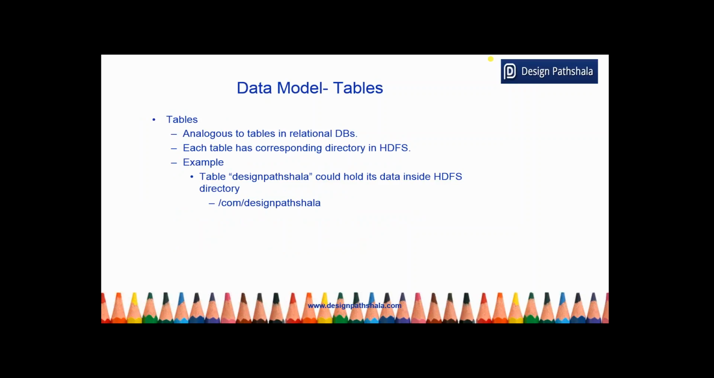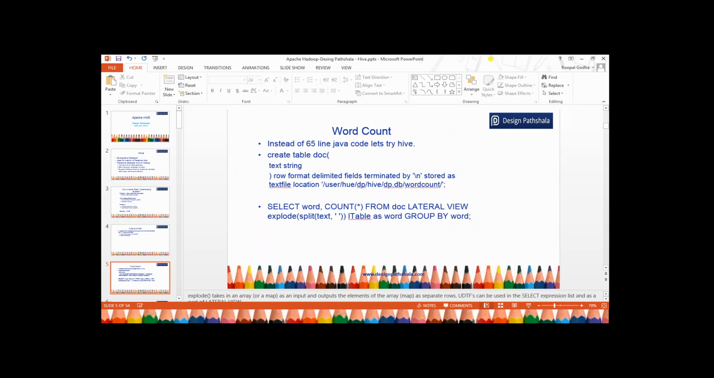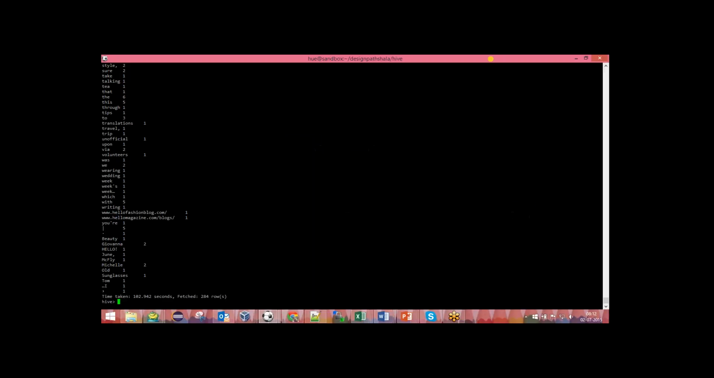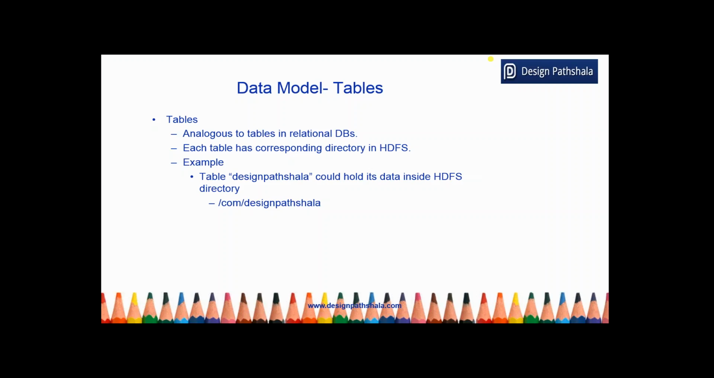So you can create tables, like I just created a table over here. A table is analogous to the tables in your relational world. Where does it write the metadata for the table, that is, the definition? It is stored in HCatalog. So if you look over here,